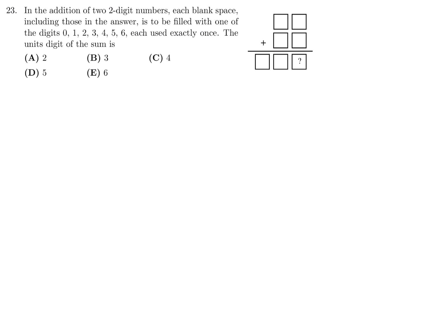In the addition of two-digit numbers, each blank space, including those in the answer, is to be filled with one of the digits 0 through 6, each used exactly once. The units digit of the sum is... All right, well, one thing I quickly noticed is that when you add up these numbers,